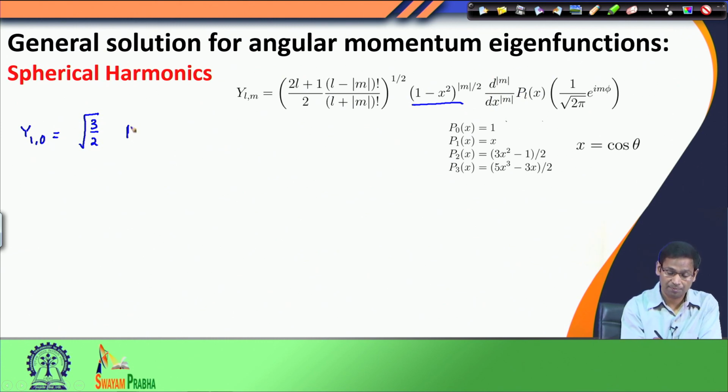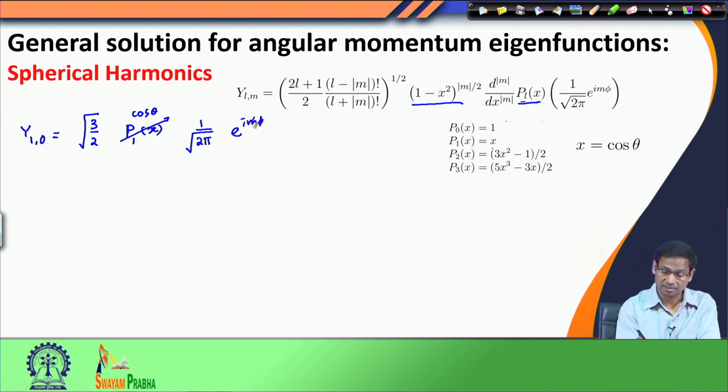So, I simply can write the Legendre polynomial, which we do not have to differentiate, because this is raised to the power m. So, P 1 of x. Why do I write 1 here? Because this is P L and L is 1. So, P 1 x, and what is P 1 x? That is simply x, and x is our cos theta. So, I replace this term with cosine theta, and then I look at the T of phi term, e to the power i m phi, and since m is 0, e to the power 0 is 1. So, what is the functional form? So, I have 3